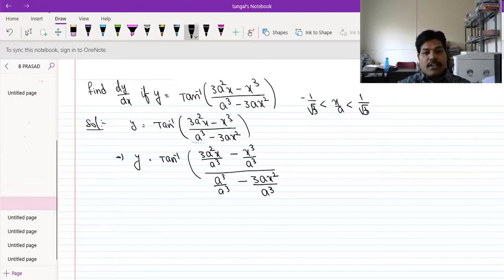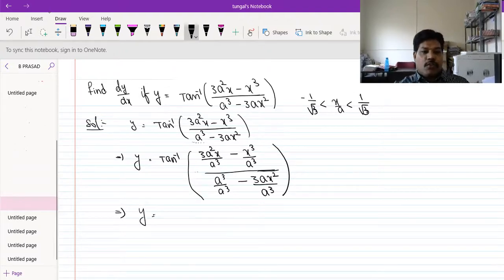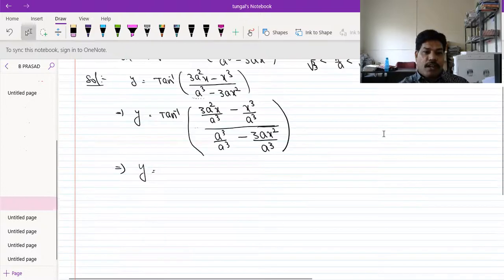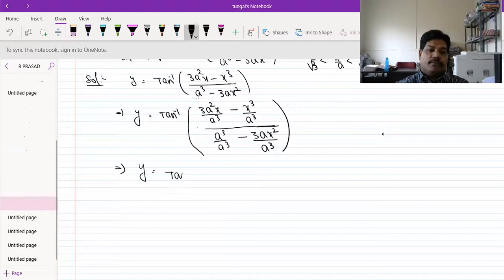So I have divided the numerator and the total denominator by a cube. Here you can understand that. So why I divided like this: if you cancel the values, what happens? Y is equal to tan inverse of